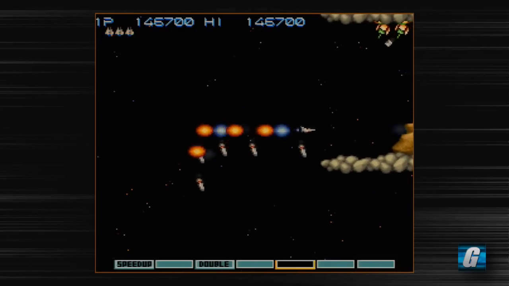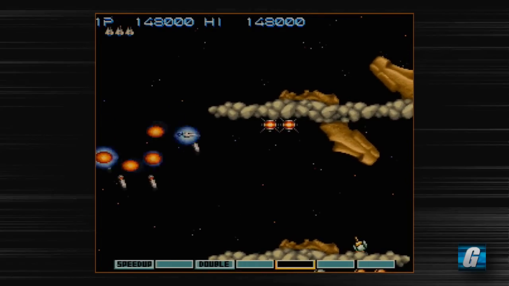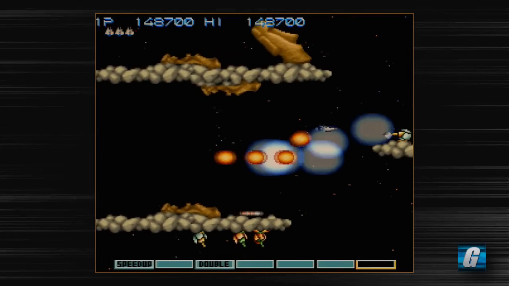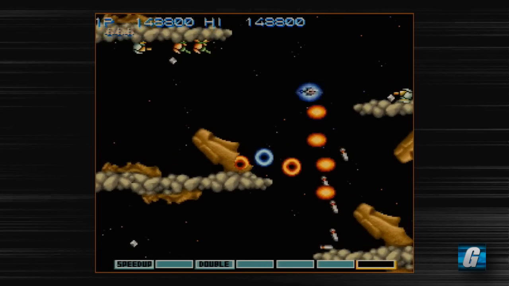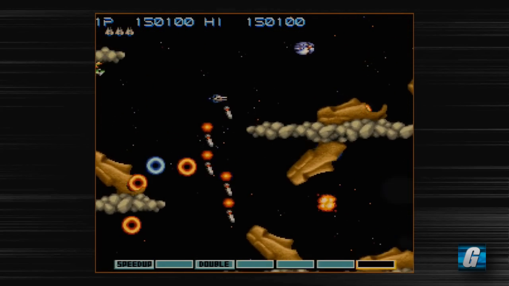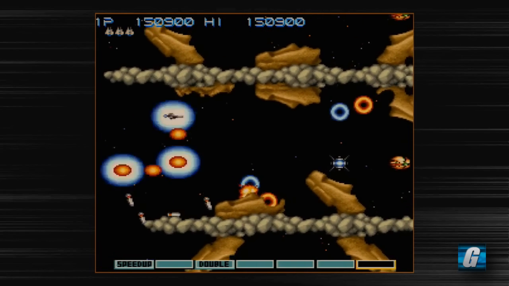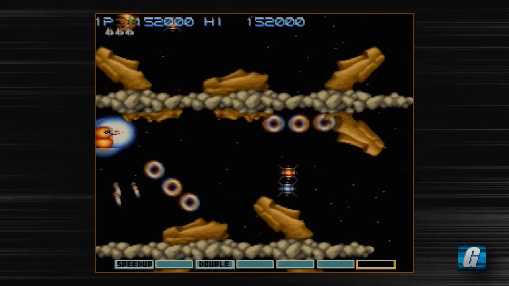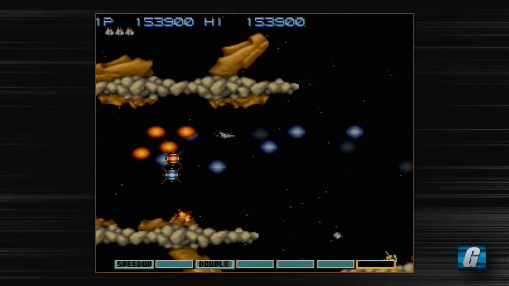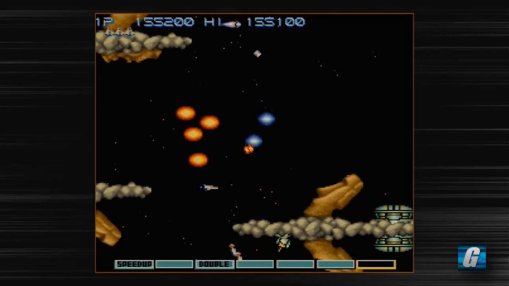Yeah, it's the Moai head stage. What I might end up doing is switching to my double power-up. Actually, what I'm going to do is just leave it here. Because if I take a hit, my final